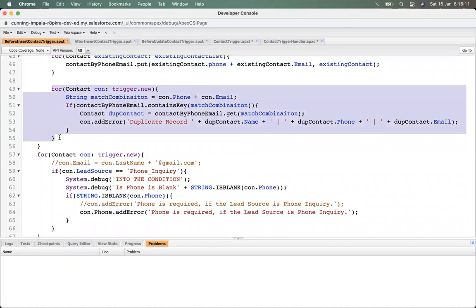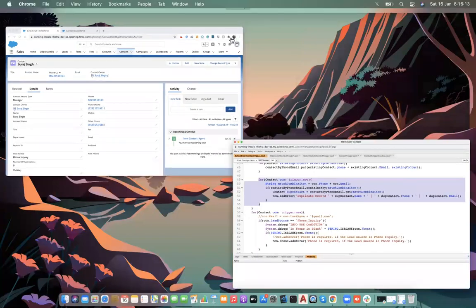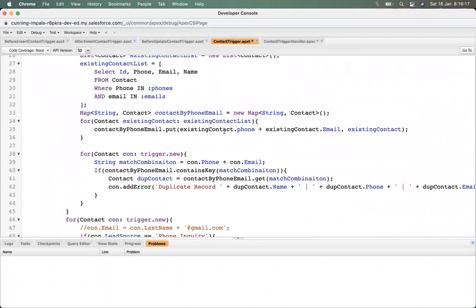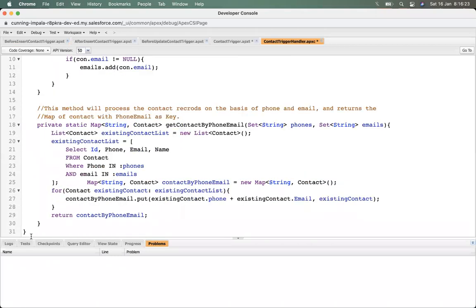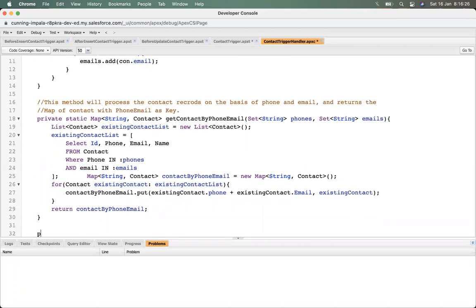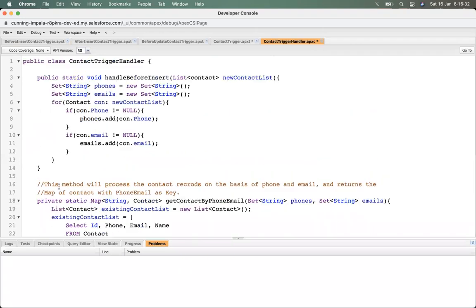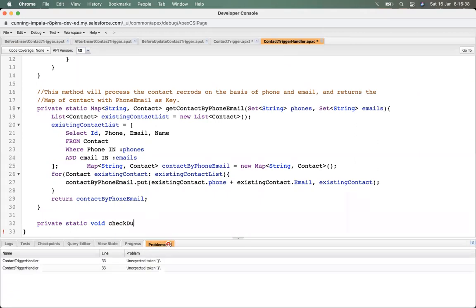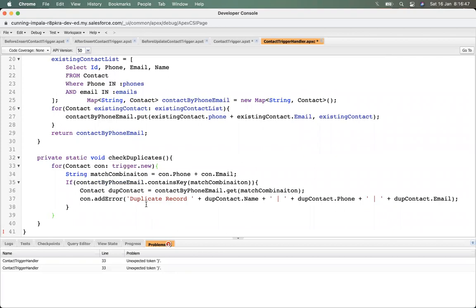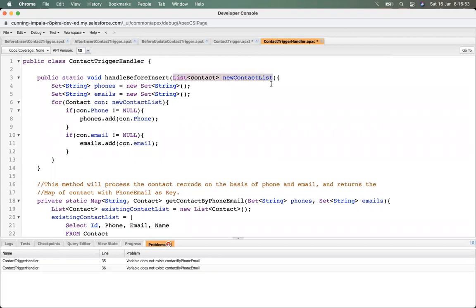So here it is, and copy that. Here, handler. What is checkDuplicates? Yeah, check. And that checkDuplicates is checking by trigger.new. It means that we need the list of contacts.